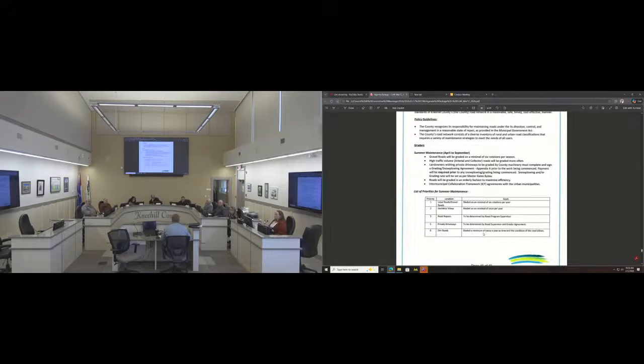With the budget being passed now, we're going to be implementing our GIS system into all the graders. So we'll be able to know where they are, and we can pull pretty extensive data back on when they've been in an area, how many kilometers they've traveled in a snow event or blading. So we'll be able to look back and make sure they're doing that. And then also those graders are now going on to our asset management work order system. So we'll be able to be tracking a little better there.